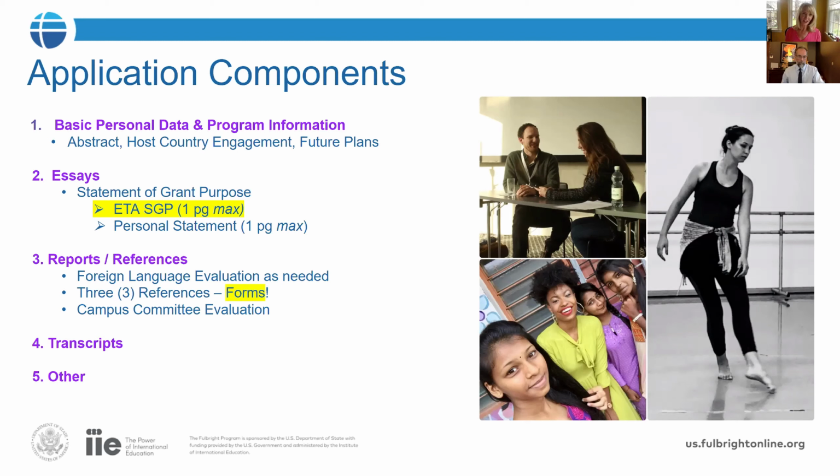But the heart of the application is the 2 essays, where you pour out all the reflection that you've done as you've thought about what you want to do and how you're qualified to do it. The first of the 2 essays is the Statement of Grant Purpose, or we refer to it as the SGP. It's just a 1 page, single-spaced essay. And that's where you're going to show, almost like in a cover letter for a job, how you are qualified, how you meet the needs of the role for that particular country. And going back to what Ryan said about the specificity of the role, this is where you don't want to be generic at all. You want to really hone in on what that country is looking for.